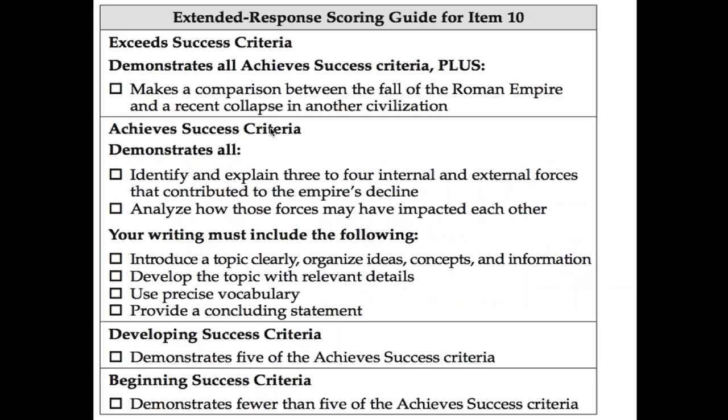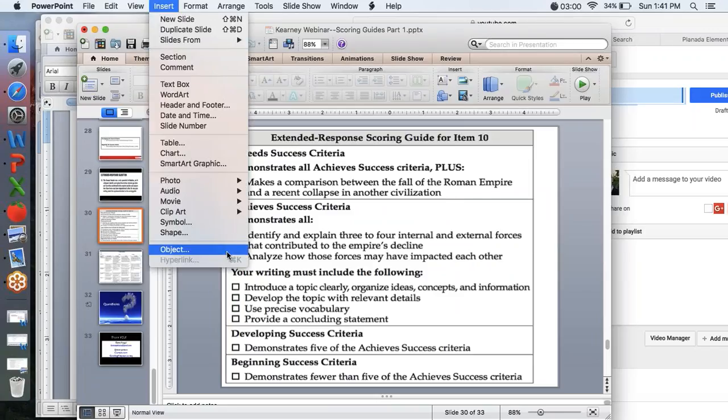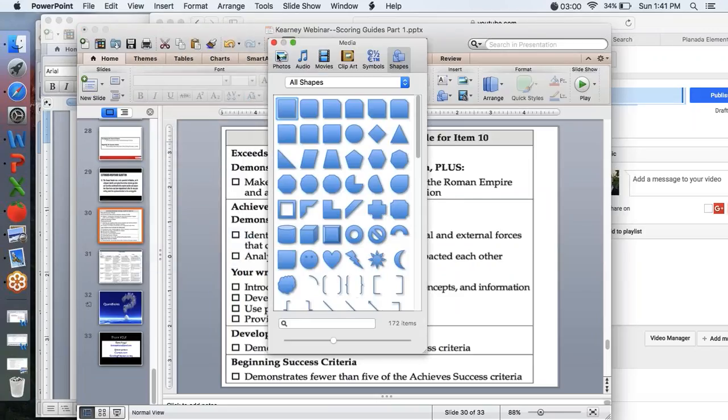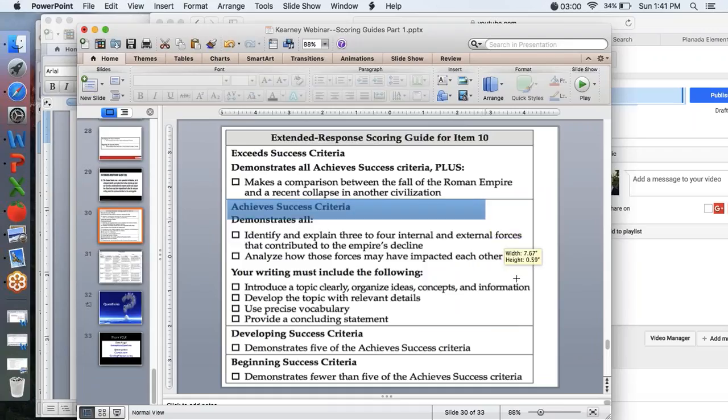Here's our entire scoring guide. We're asking the students to hit the achieves: identify and explain 3 to 4 internal and external forces, and analyze how those have impacted each other, and your writing must include what the directions are on the scoring guide. So everything we see here in the achieves, I'm actually going to pause it here just for a second and emphasize this. Everything we see here,